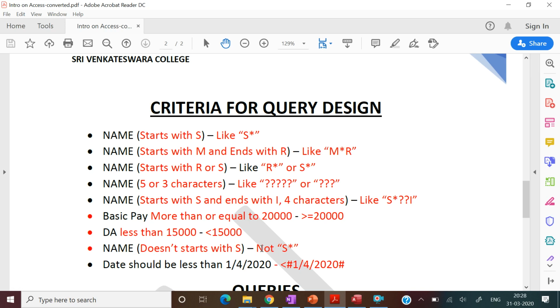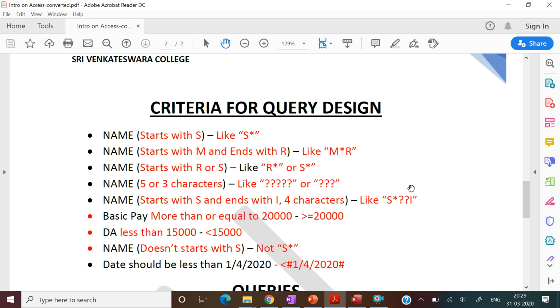If it starts with S, we use Like, and if you don't want the names of employees whose name starts with S, we'll put Not Like, and in inverted commas S and star. Okay. Now date should be less than this date, so we need to put a hashtag, less than, hashtag, this date, and then close the hashtag.